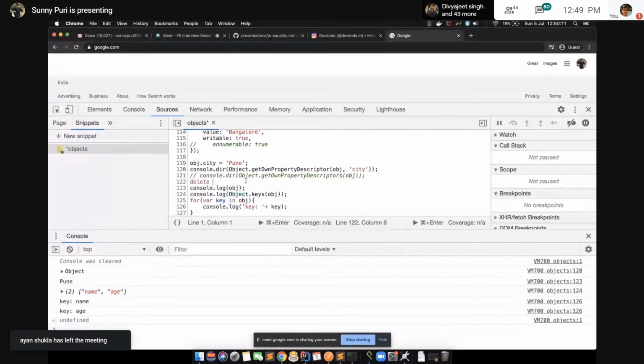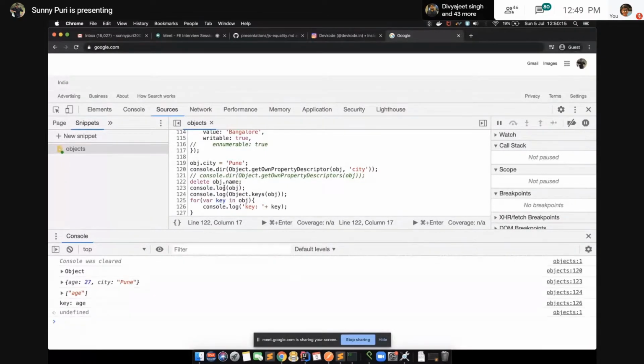So in this case, let's say I delete object.name. If I delete object.name, you're not able to get it in obj. Then you are not getting it in object.keys because I have deleted it. But try it out with city.